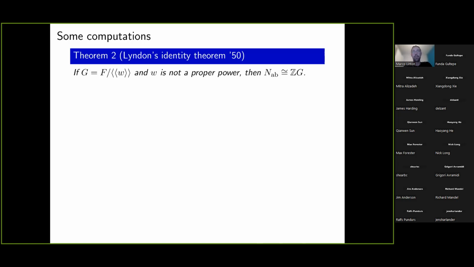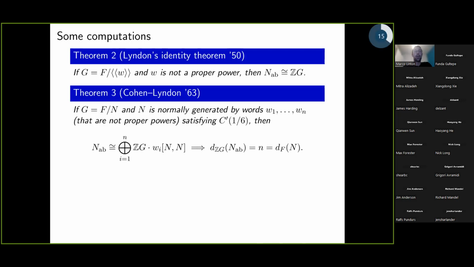Okay. Another example of a computation would be this result of Cohen-Lyndon from the 60s. So if we have some small cancellation presentation, C prime 1 over 6, and we're not allowing any of the words to be proper powers either, then the relation module is going to be, well, similar to Lyndon's identity theorem, if you only had one relator, it'd be the same. If you have more relators, then you'll have a sum of